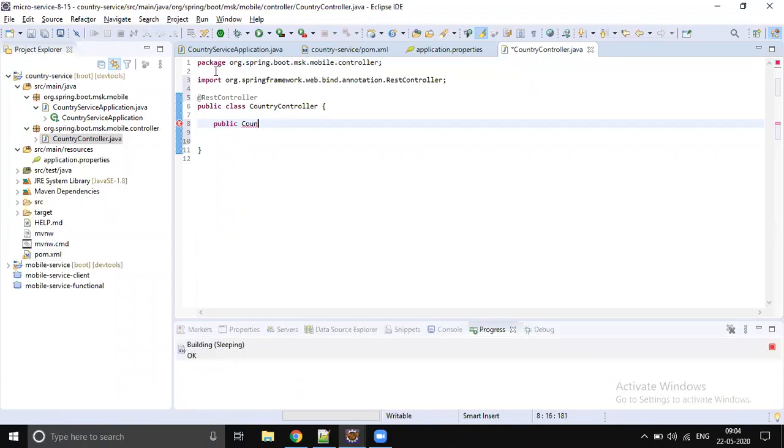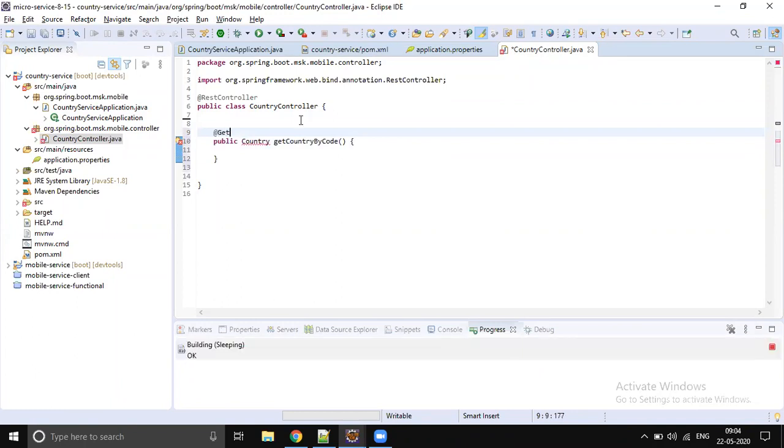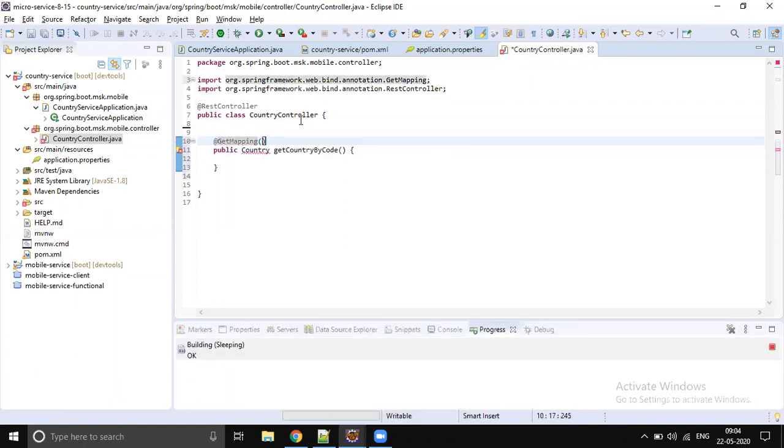Let's create that. getCountryByCode. As the method says, it's a getter method, and let's give the URL as country slash country-code.